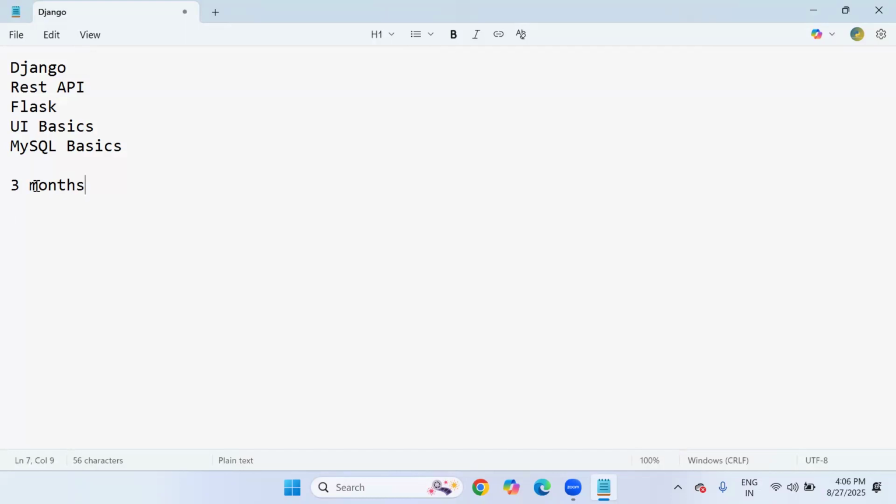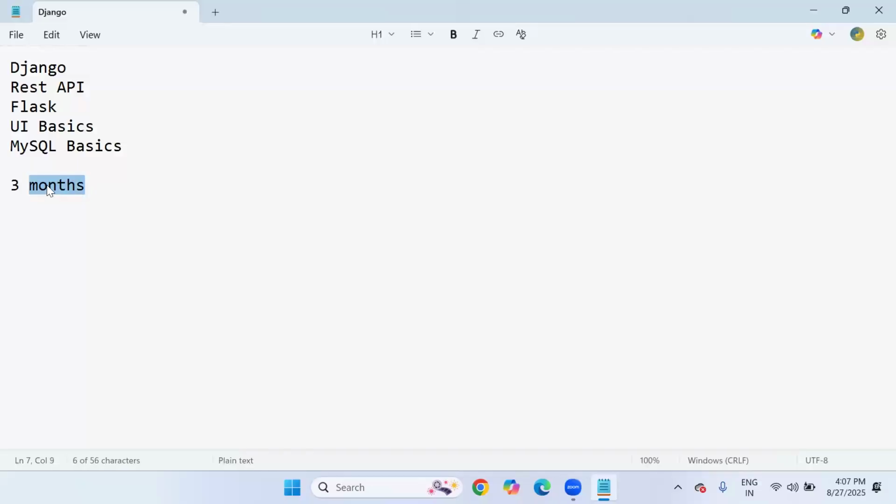You have 3 demo sessions: today, tomorrow, and the day after tomorrow. Once you complete the 3 demo sessions, from day 4 onwards, if you want to continue the lectures of Django, REST API, and Flask, you must enroll for this course. But if you are already an enrolled student, because many of them here are my students who have completed their Python, no need to enroll again. If you enrolled only for Python, you must enroll for Django, REST API and all. Or if you already enrolled in Python full stack, no need to enroll again.